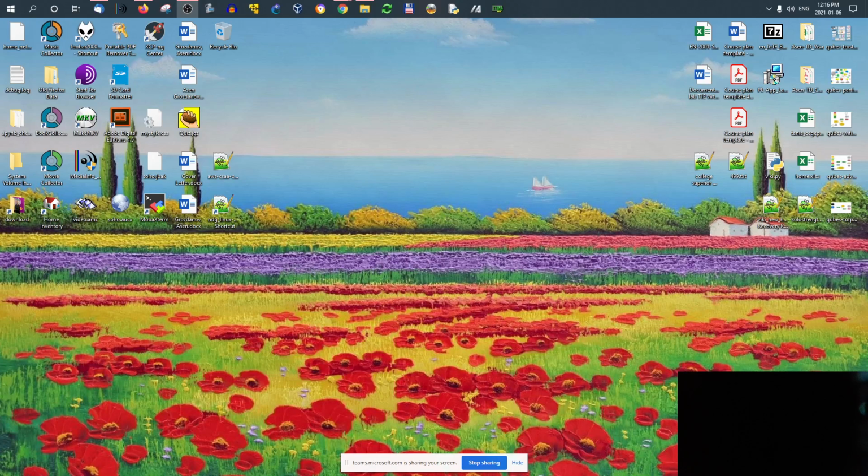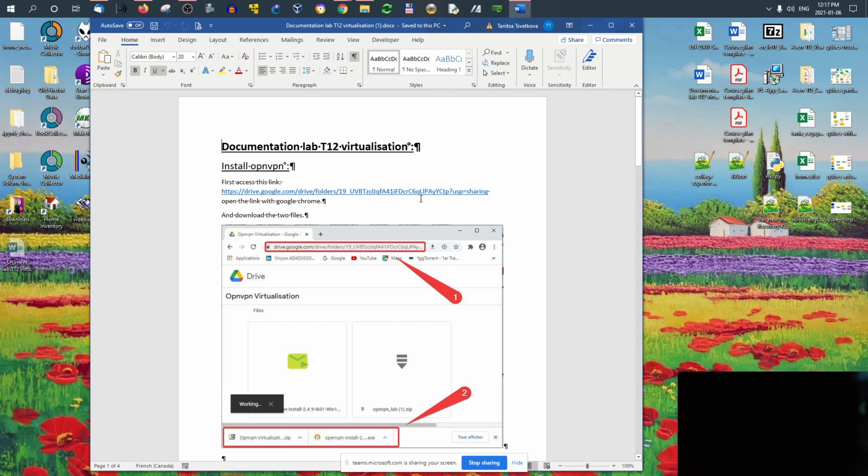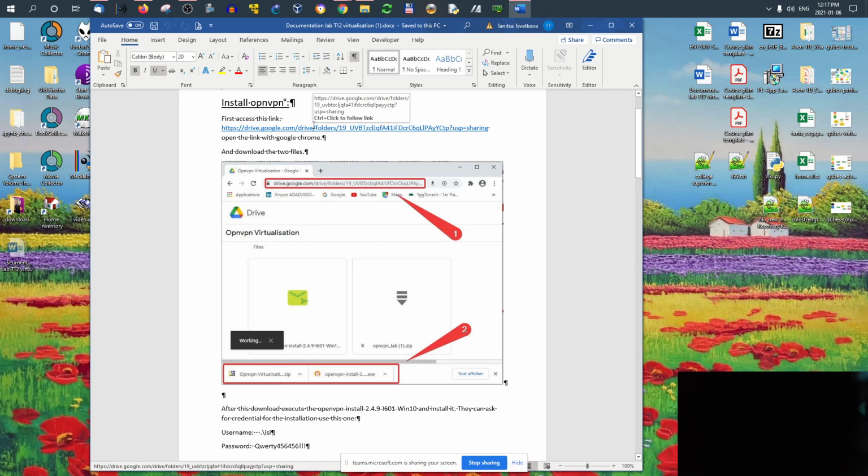How do we get access to our remote setting? Once again, if you haven't done it already, you're supposed to use the documentation which I sent to you yesterday, the file which I sent to you. This is the file, and it explains exactly how to install the VPN, where to get the VPN